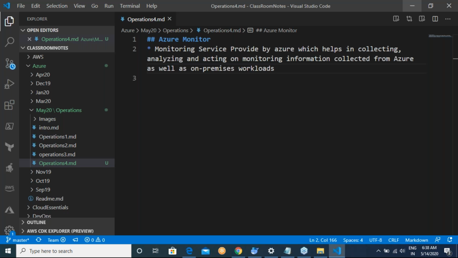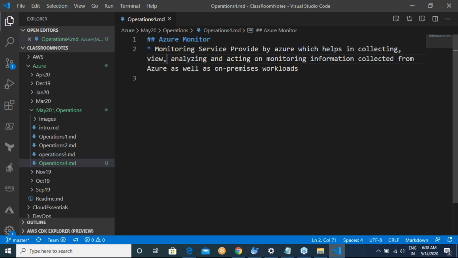So Azure Monitor is a monitoring service designed so that you can collect, view, and analyze. It helps in viewing, where you can do different kinds of dashboarding and all of that.